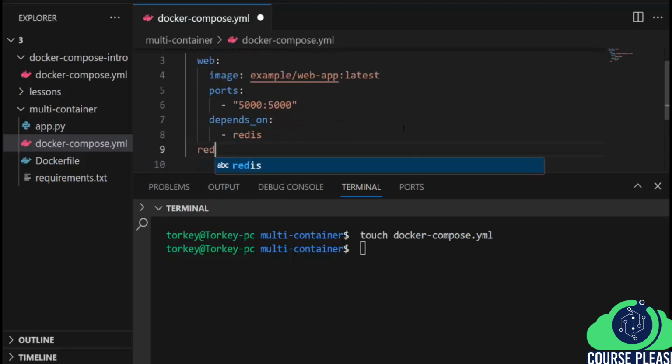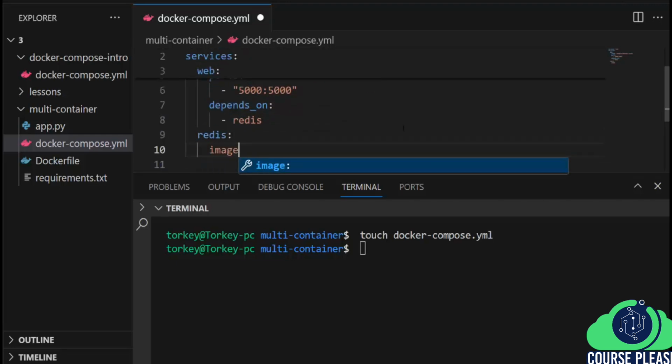Our second service is Redis, and we will pull the image for this service from redis:alpine. So this is a simple service definition telling Docker Compose to pull the Redis Alpine image and run it as our Redis service. Before we bring up our application using Docker Compose, let's build the image